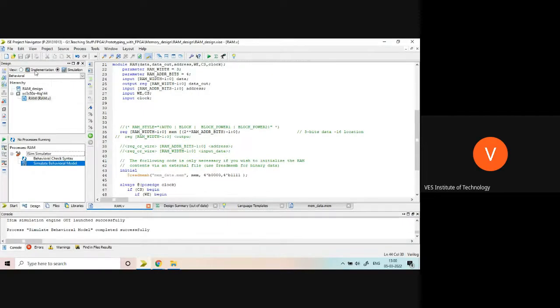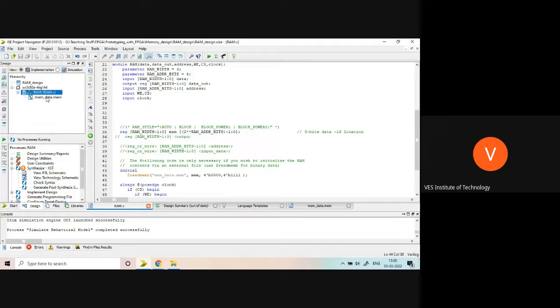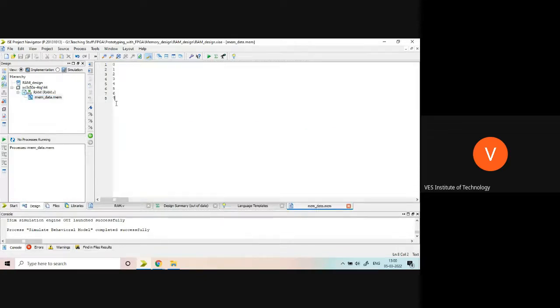I have to make that change here. Let's see. So I will add here A, B, C, D, E, F. But the problem is that A, B, C, D, E, F will not get stored.